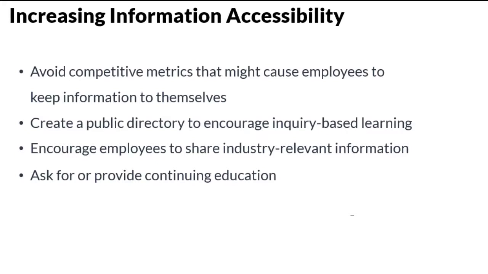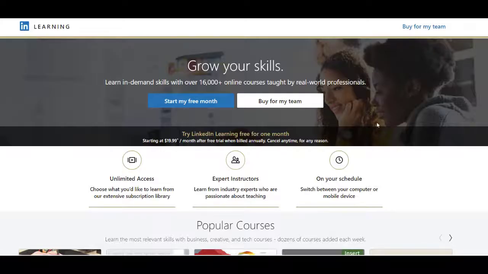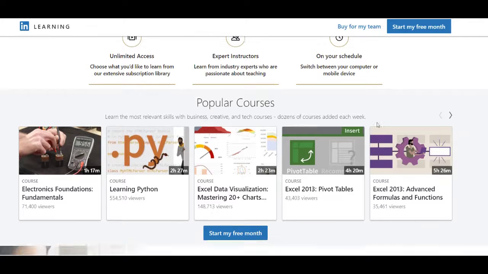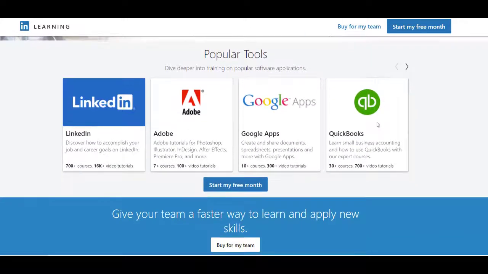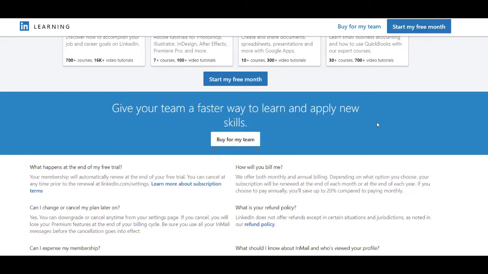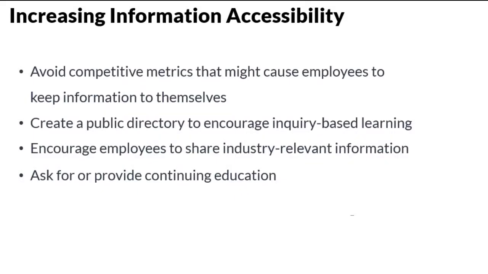Encourage employees to share industry-relevant articles or discuss leadership books with colleagues. Finally, ask what kinds of skills employees would benefit from in their day-to-day tasks, and see if you can provide or ask for training programs in those areas. There are various types of continuing education ranging from hiring a professional development consultant, providing access to LinkedIn Learning, or developing training modules within an organization. This shows employees that the organization cares about their development and can increase engagement.